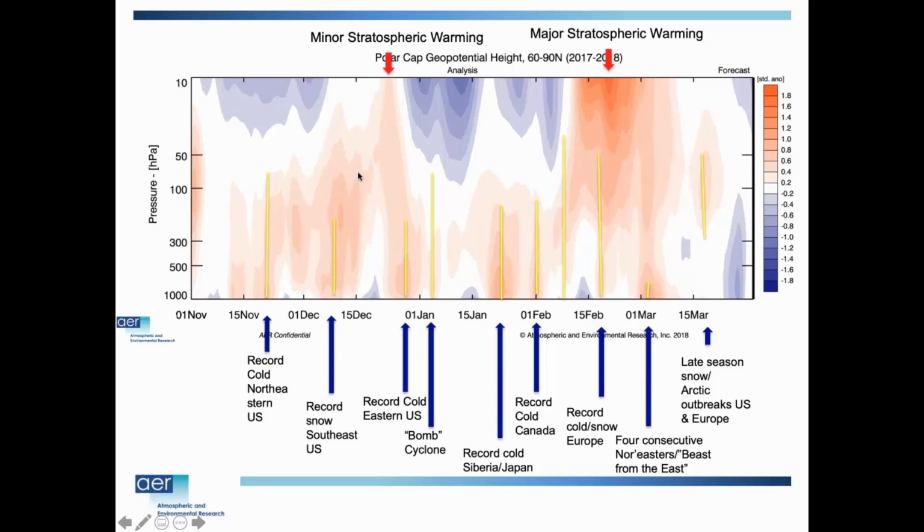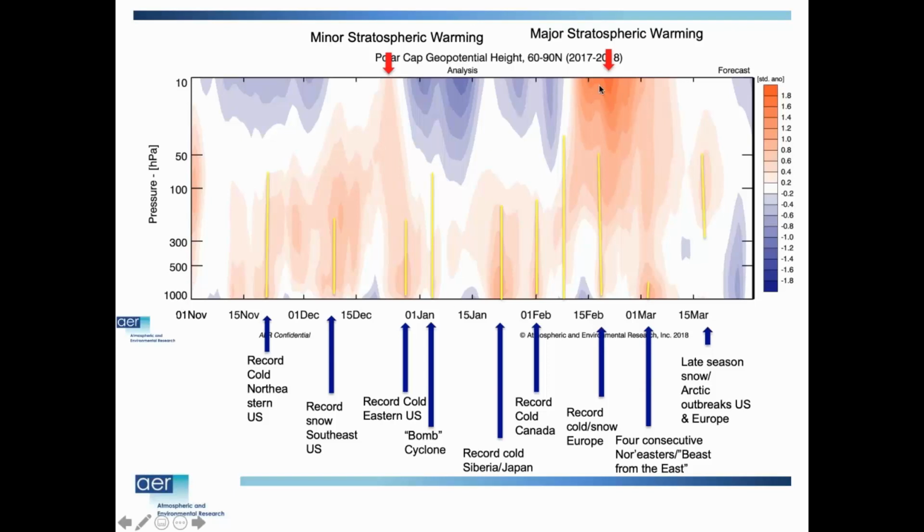So this is 2019. Here was that reflective event that led to that record cold in the U.S., and that whole thing ended with this bomb cyclone. But then this was a reflective and this was an absorptive event, and I've gone through that a little quickly, so hopefully you're catching it. This was a great winter to show really nice examples of both.